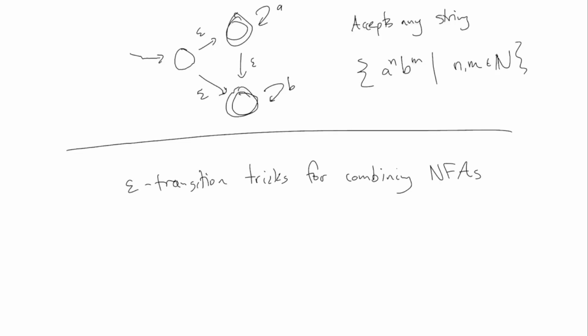We talked about the product construction, which can be used to combine two DFAs using a union or an intersection. There are ones on the homework for today based on that. There are similar tricks for combining NFAs, which look totally different. They're actually much simpler using these epsilon transitions. For example, if I have